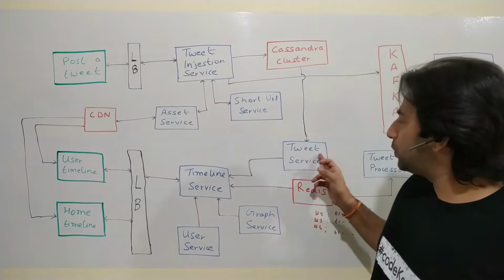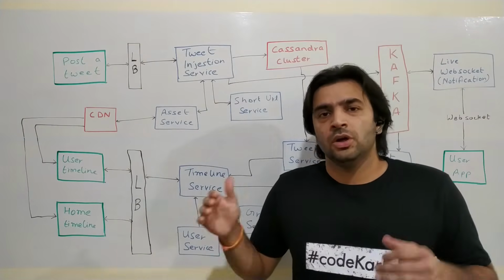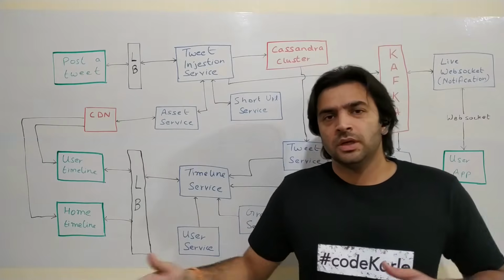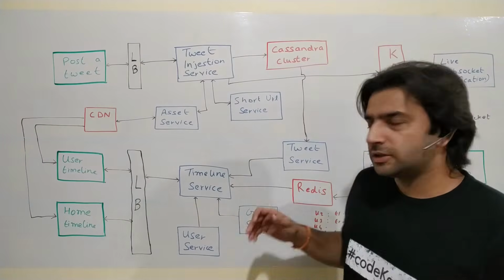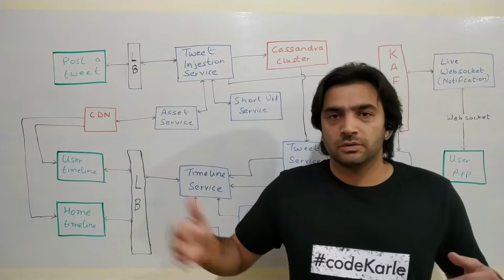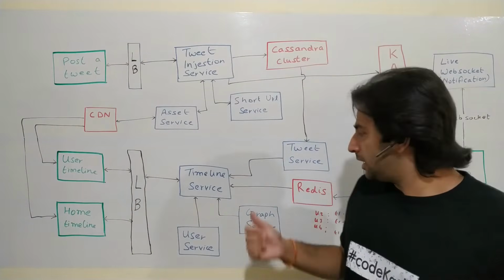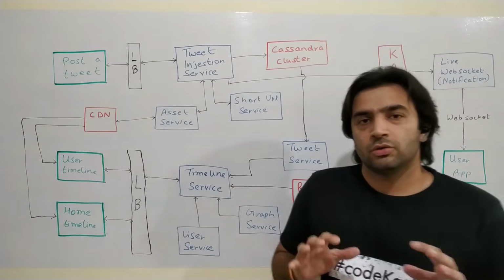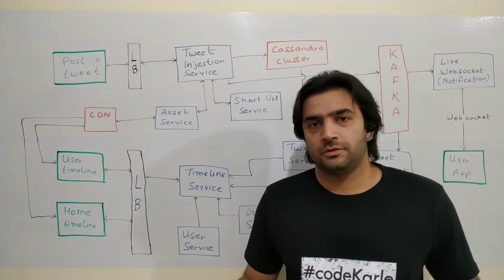Then it queries the tweet service to give all the tweets of all of these users. Obviously, it will not be all the tweets, it will be some tweets up to some point in time, and it can be paginated, right? Once it gets all the tweets of all those users, it arranges them as per the timestamps, stores it back in Redis, and returns to the UI. Okay, so now we have a solution to handle active users and passive users.